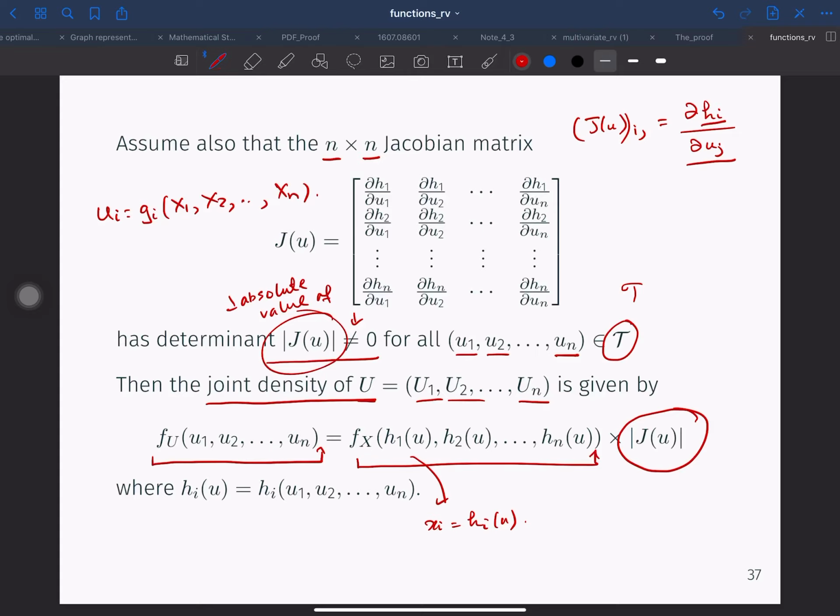Generally speaking, we have already seen the example in the case when n equals 2, for example in the polar coordinate change of variable, or if you remember the gamma and the beta integral example in the earlier lecture note. This result holds in general, when n could be bigger than 2. So this result is quite powerful, except that